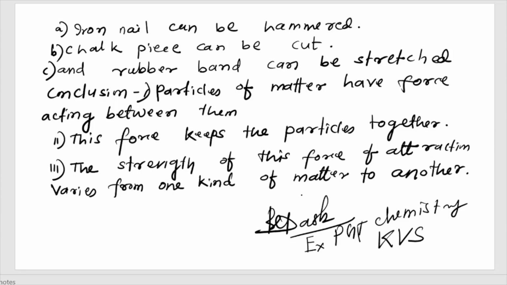In liquid also there is a force between the particles but less. Sorry, in solid very much, in liquid less, and in gas the particles are together but they have big space, more space. That is why attraction is less. Then the strength of this force of attraction varies. One kind of matter generally comes as solid, liquid and gas. When there is more attraction, solid; less attraction, liquid; and very less attraction, that is gas. Because in gas the particles are away from each other compared to solid and liquid.